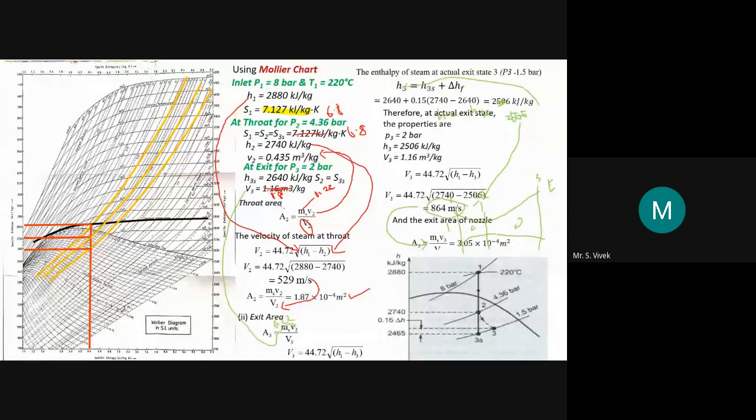Okay. Yes sir. But one more thing, in the problem they ask for the throat diameter and exit diameter. No doubt, sir. I will finish this. For V3, in H1 minus H3 you have substituted H2, 2740. Of course, V3 is from the entry to the exit velocity. We have to consider the whole nozzle. So instead of H1 you are substituting the H2 value, sir. Did I substitute H2 instead of H1 here? Yes sir. For the H1 value you put 2740, the H2 value. Okay, okay, sorry, my mistake.